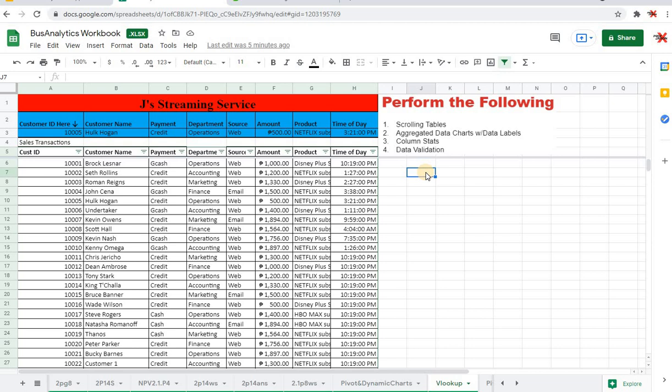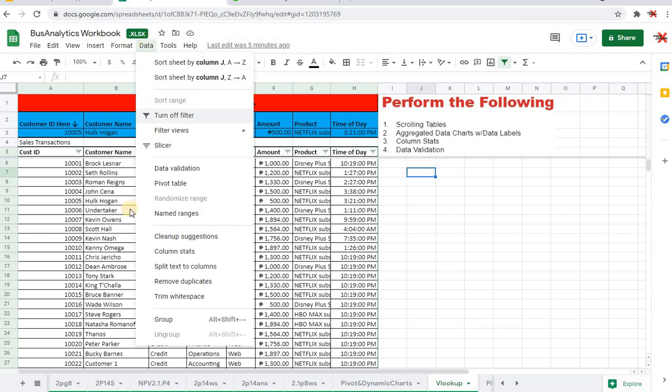I don't want that to happen. In order for me to prevent that, I could use data validation, which means that they are limited to entering only the right information. So just to show you how that happens, I would go to data, select data validation,